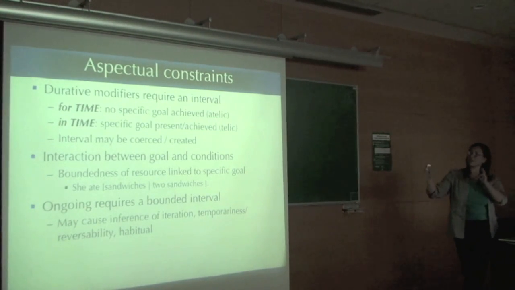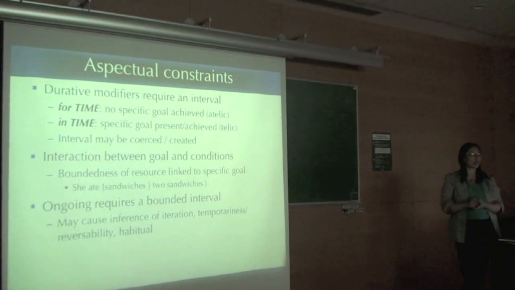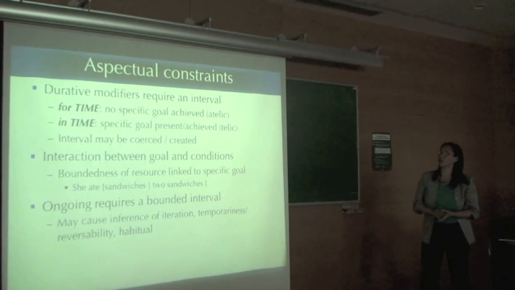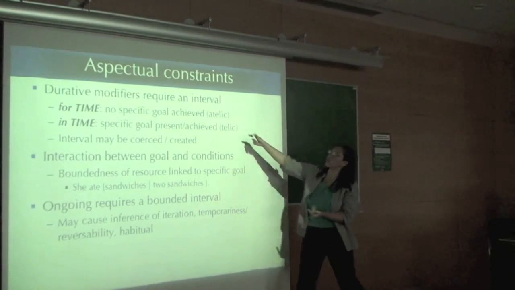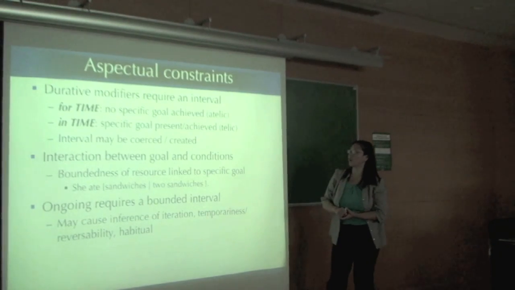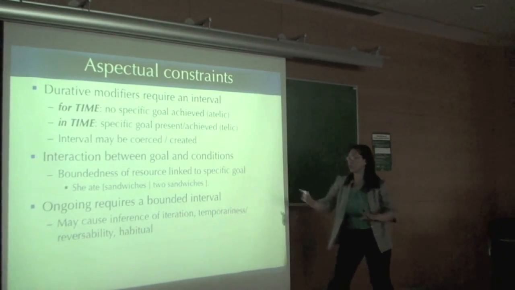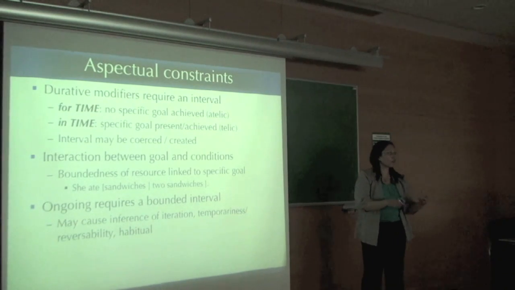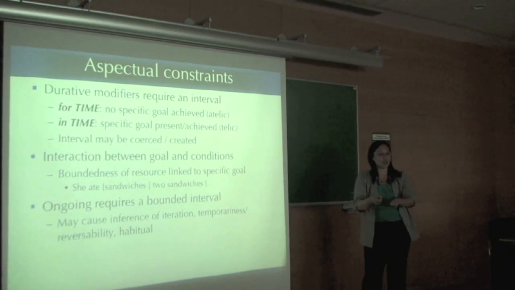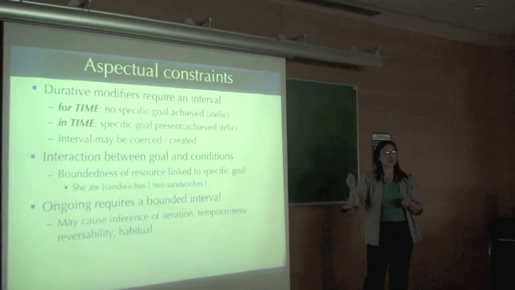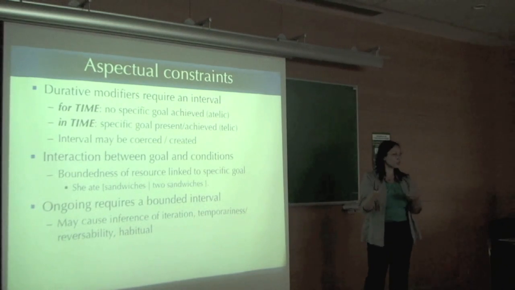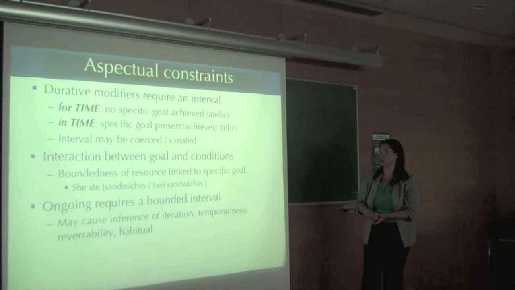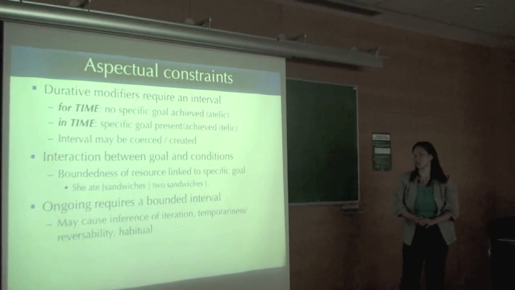Okay, so a little mini summary of this section is that aspectual constraints and aspectual language, anything in language that tells you about the structured event, like, for example, the "for" and "in" constructions, can do things like tell you whether a goal is achieved or not. And I didn't talk about these examples, I'll leave it, but as long as you have all the structure that we set up in the beginning and ways to talk about goals and duration, all this stuff, then you should be able to express how different pieces of language and different languages, what they care about and what constraints they want. So we can talk about these other sentences if you like later.